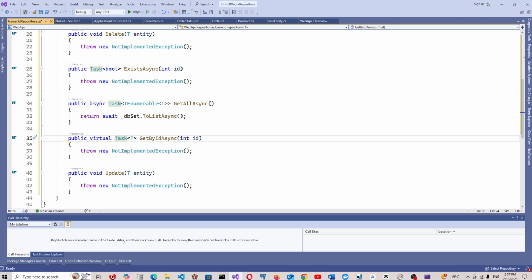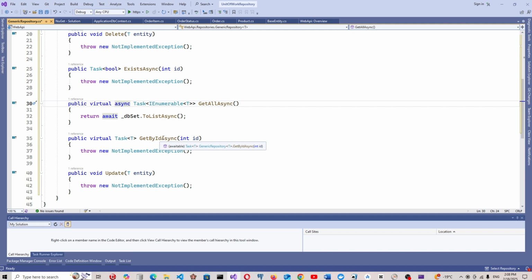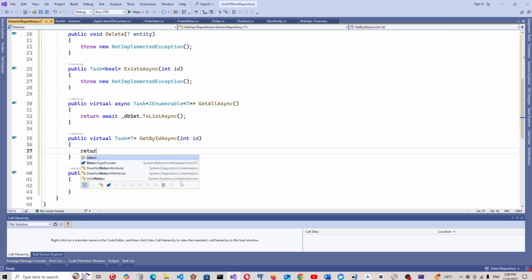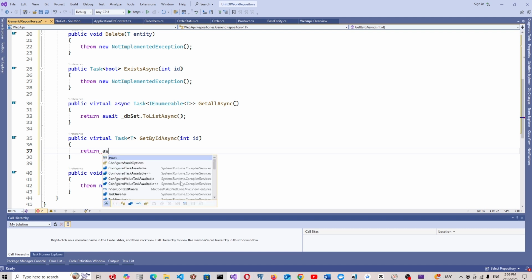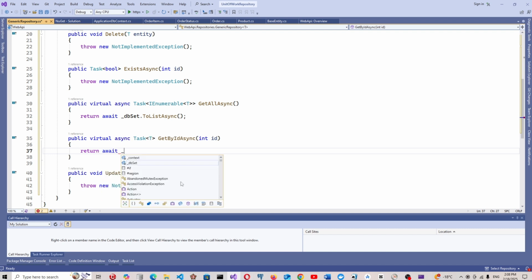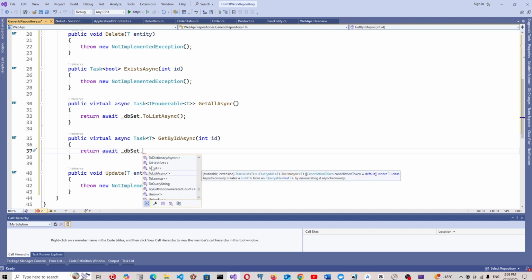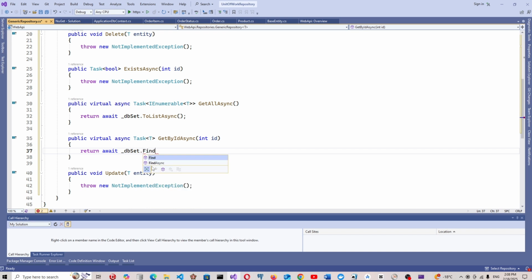Okay, this will be virtual. And GetByIdAsync, which will return DB set. We have the DB set from the dependency injection's DB context DB set. So we can just FindAsync of by ID,